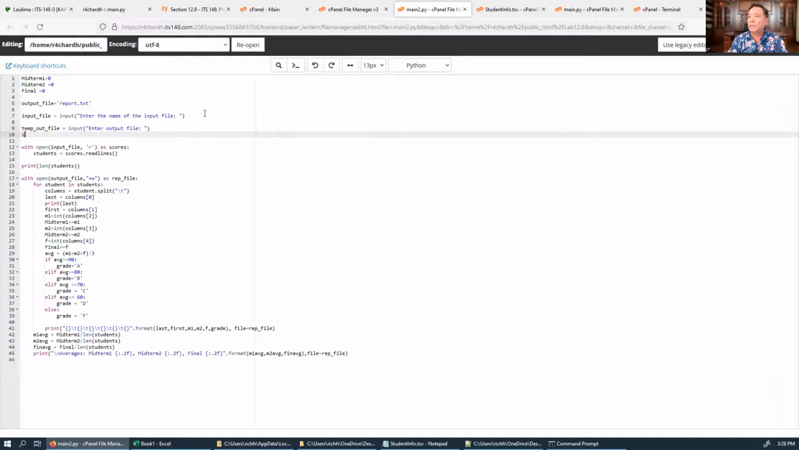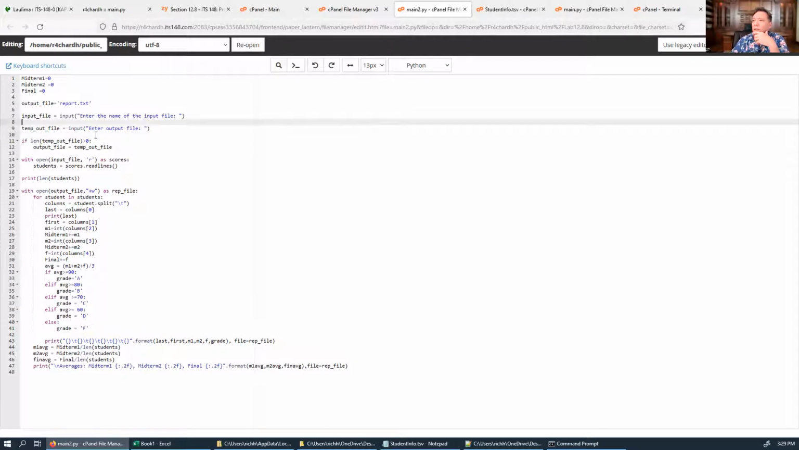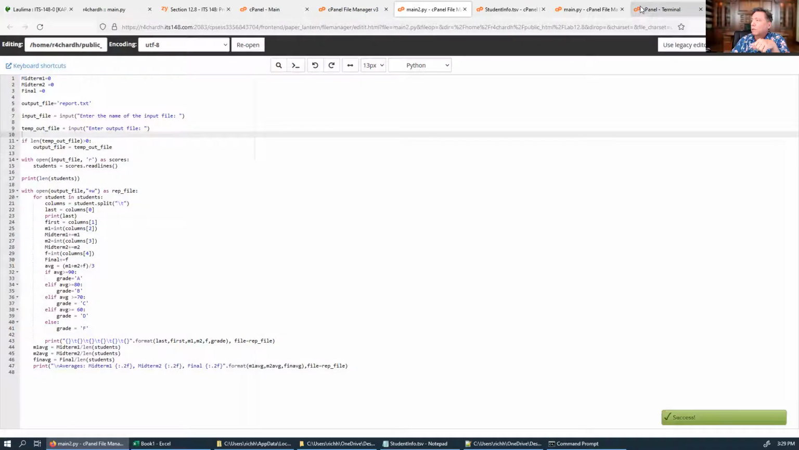And if temp out file, if the user entered something, then make output file equal what you just read in. Okay, and that's pretty much all you have to do, because it'll ask you what the input file is, and then it'll ask you what the output file is. So if we save this, and if we run this,